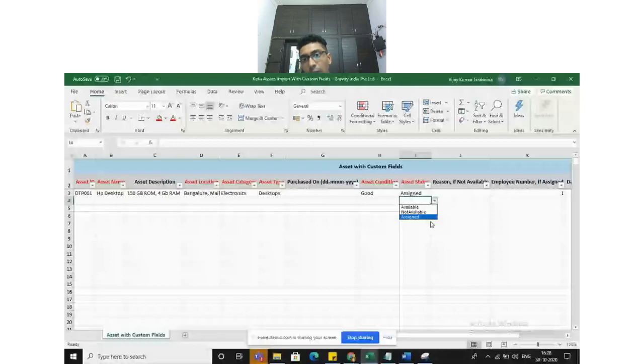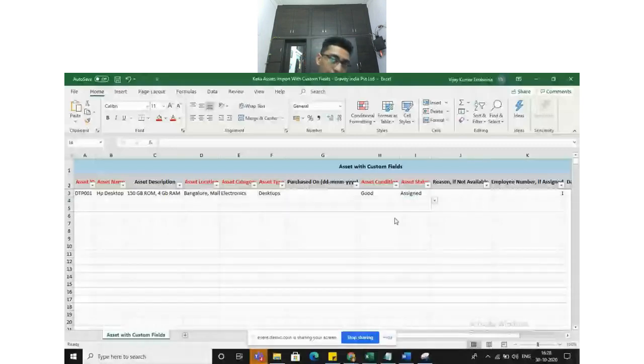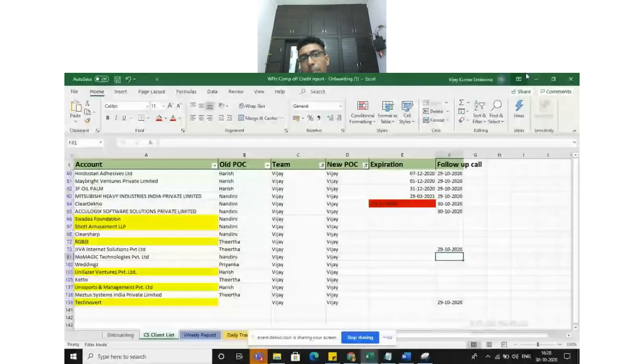If it is in not available condition, we will even have a track of which asset details are not available, and the reasons why, whether they are damaged, lost, stolen, or in some other condition. If it is available, it shows the number of assets still in available state, which can be allocated to new or existing employees to be utilized. Using this bulk import, we can get it imported onto Keka.